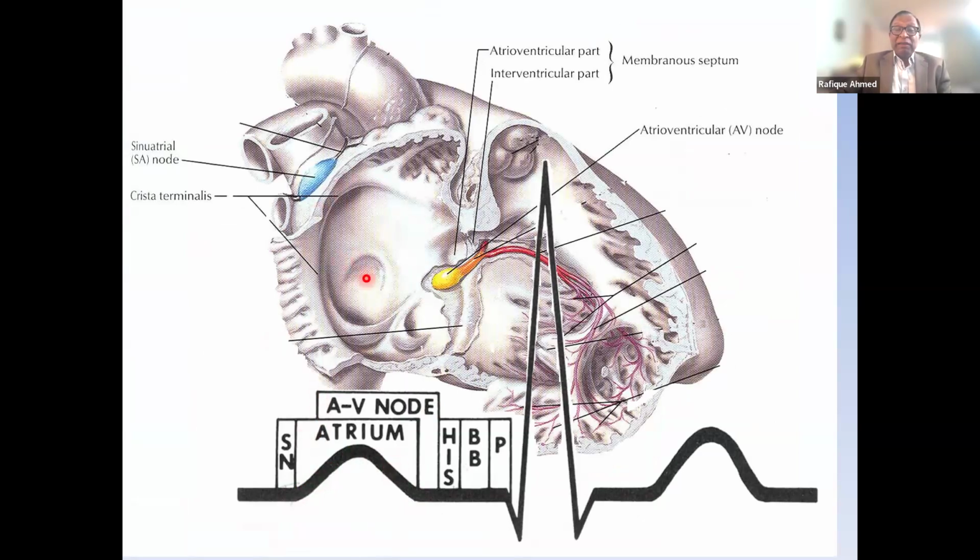By the time the electricity reaches the AV node, left side is still activating. So that's why AV conduction starts here. And the traditional PR interval that we see, that's partly AV conduction, part conduction through the His bundle, and then part conduction through the bundle branches, Purkinje fibers, and then when it reaches the myocardium, that's when we see the QRS complex. So the PR interval is actually conduction through the AV node, His bundle, bundle branch, and then part of the Purkinje fiber, and then distally we see the QRS complex.